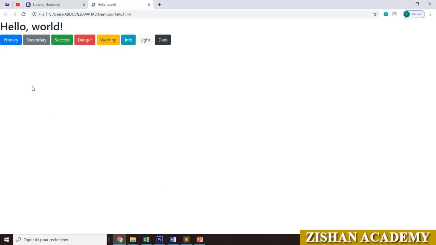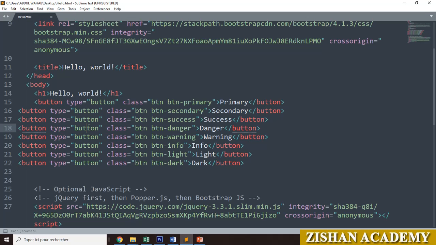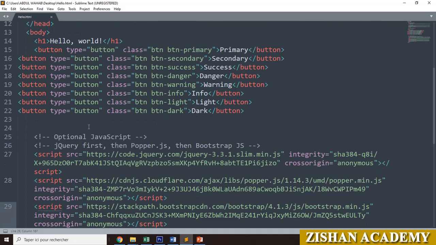This is called Bootstrap CDN. Here we brought the script, Bootstrap scripts. This one will work when you have net. If you have net, then it will work online, otherwise it won't work. Suppose you want to work without the net, that is offline, then you have to download Bootstrap.